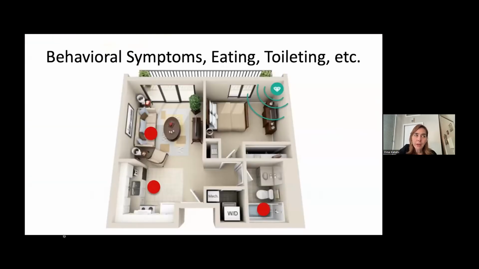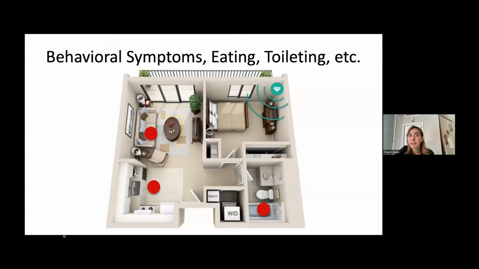But I want you to think with me, what happens if you can track how people are moving inside their homes? Apart from the fact that now you can get a measure of their gait and activities, you can actually track it to behavioral symptoms. So you can see how much time they spend on the TV couch, for example, whether they live a sedentary life, how often they enter the kitchen for their eating behavior.